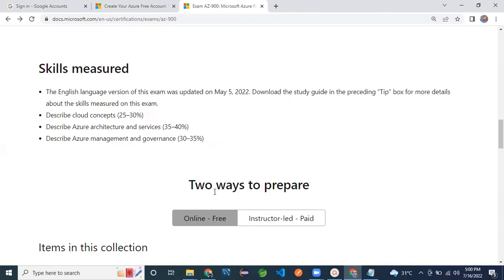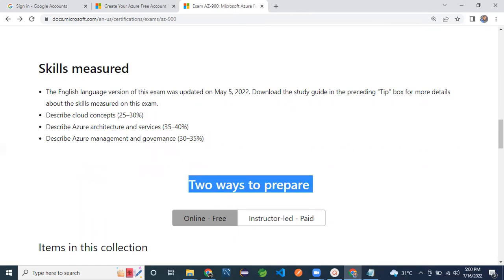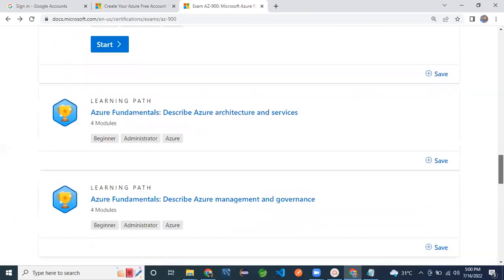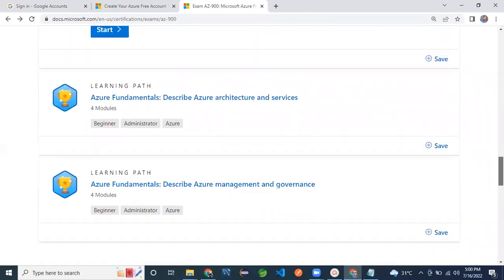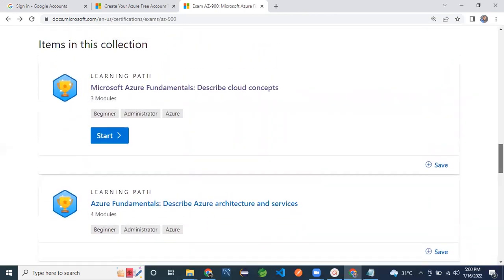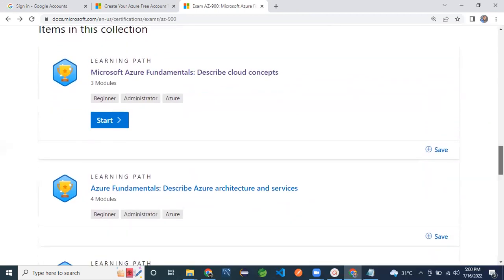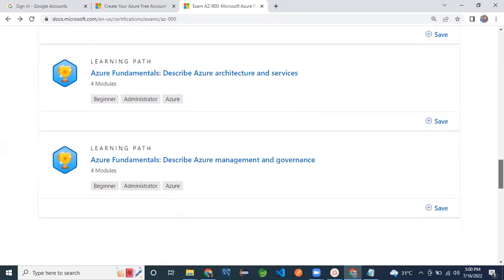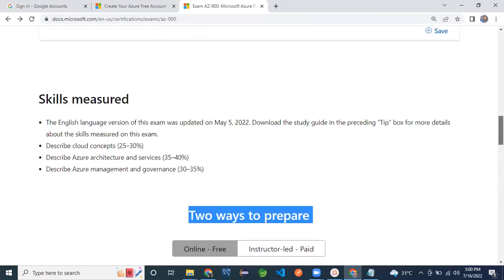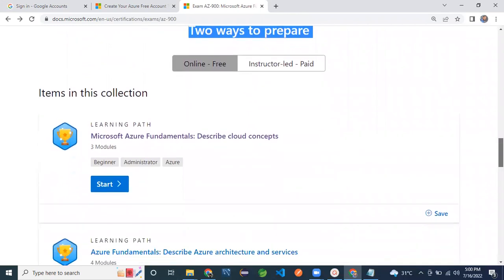So coming to the preparation, this is the Microsoft site, and as the owner of Microsoft Azure is Microsoft, each and every exam question will cover these three concepts only. Okay.